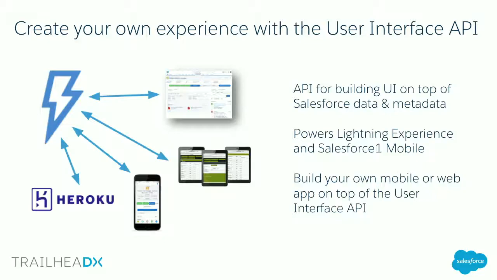I want to know all of the what we call object info or the metadata about it. I want to know the page layout for it. I want to know the pick list values. I want to know everything. Give it back to me in one payload so that I can then create a UI of whatever sort I want. And in doing that, it's a single call to go and do that, not 81 different calls that